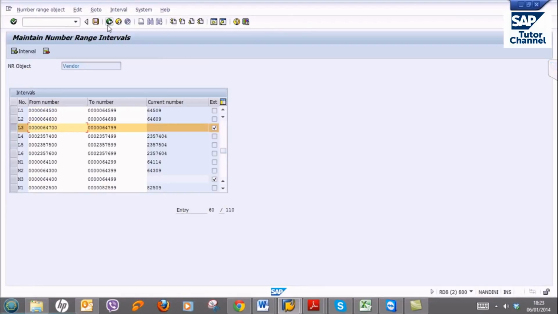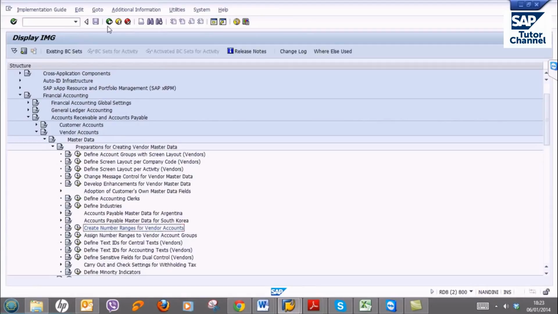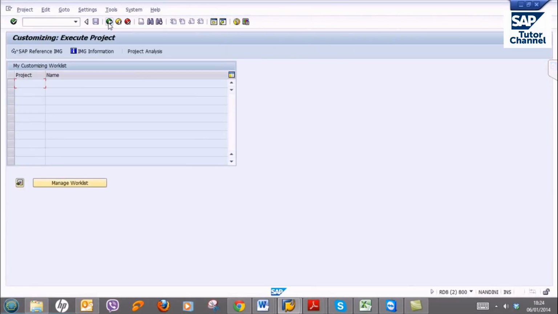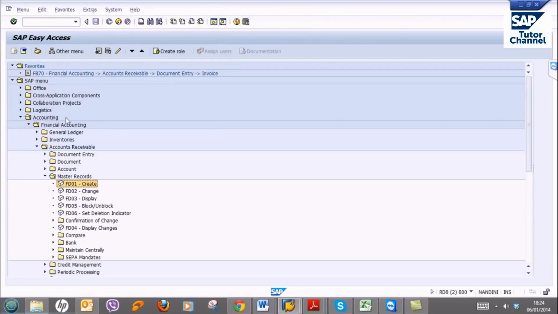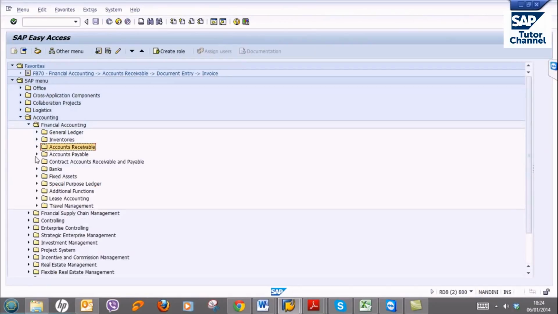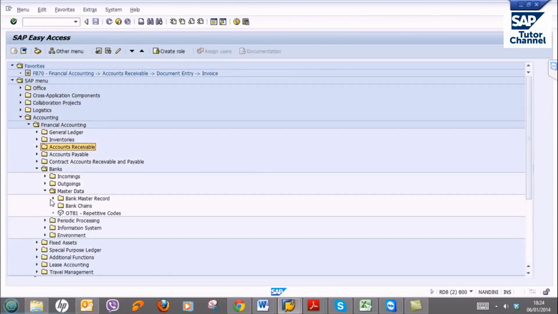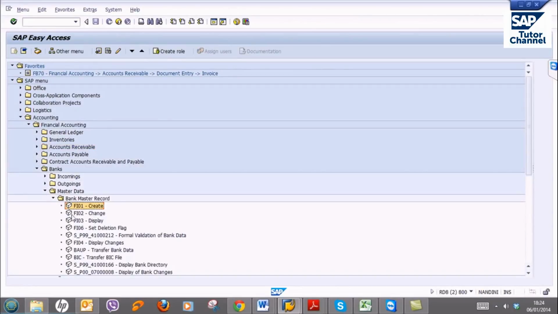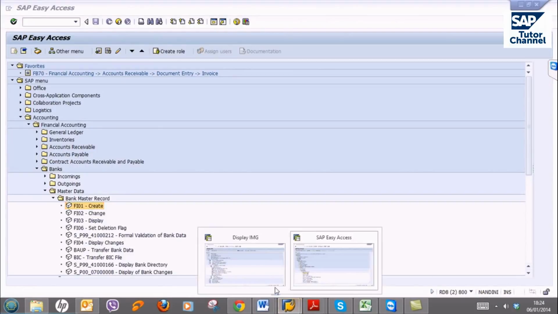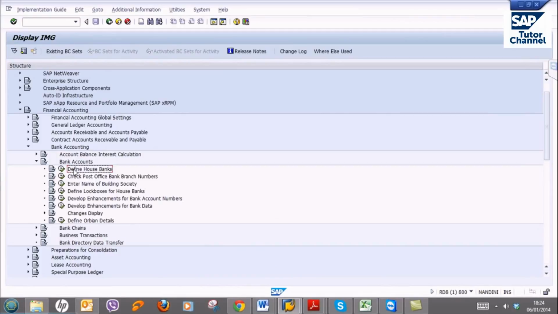Even in the SAP easy access screen you have the option. If you go, I will show you before I configure the bank record. Banks, bank master data, create. You have this option, but you don't need this option if you create the bank master record within the same screen where you